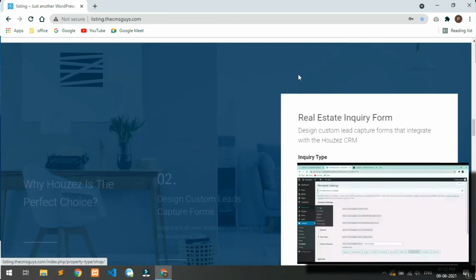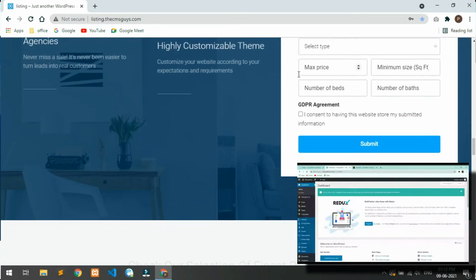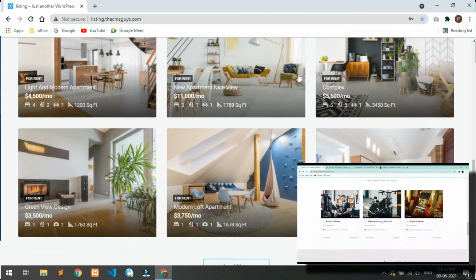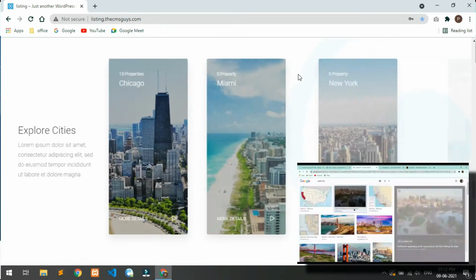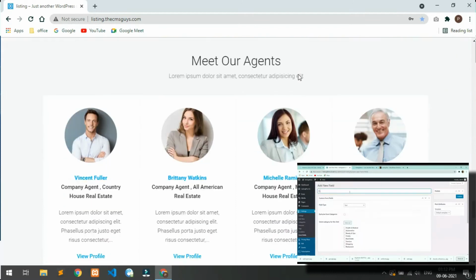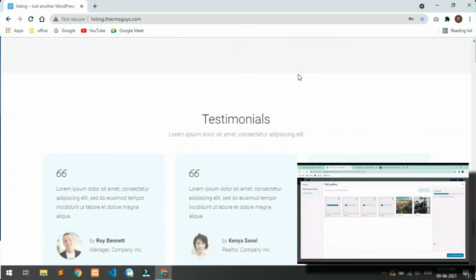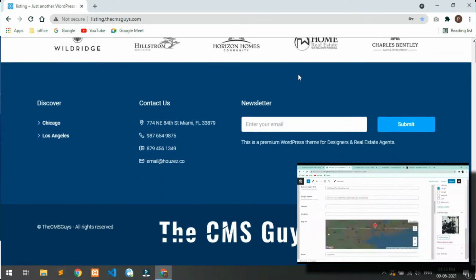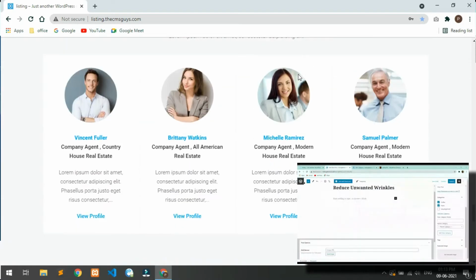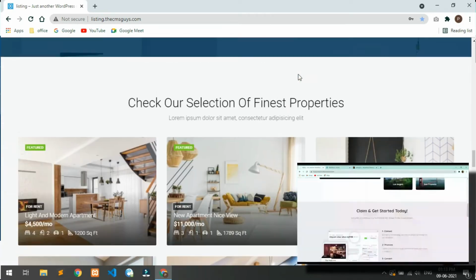Today I will teach you how to create a complete property listing website from beginning to end with an attractive design using absolutely free tools and theme in WordPress using Elementor. Our property listing website will be mobile responsive as well, which means it is fully optimized for mobile view as well.